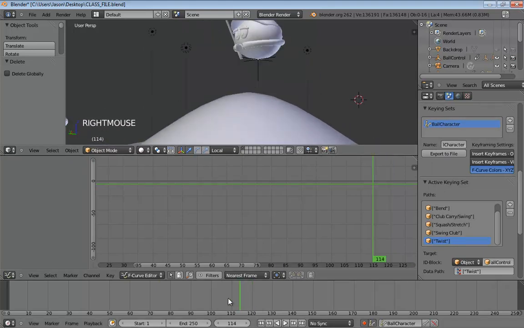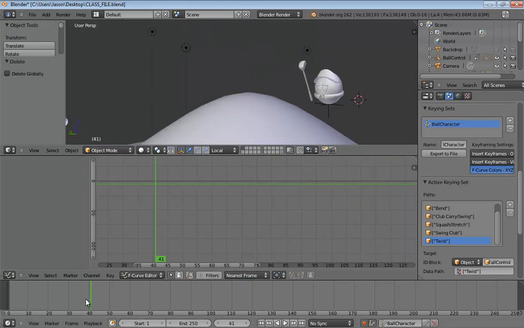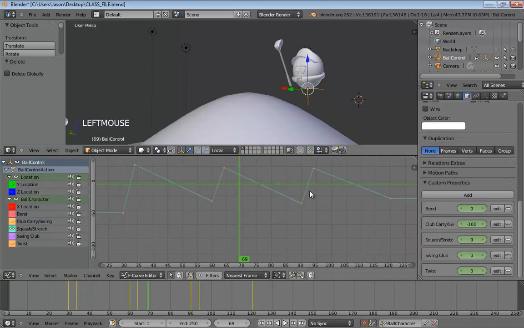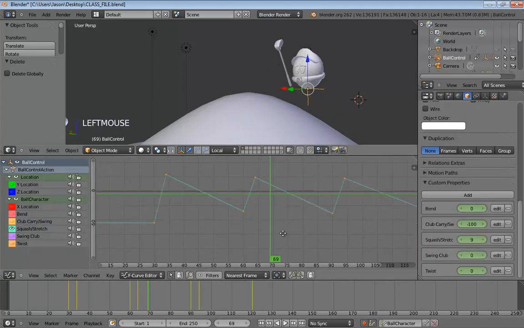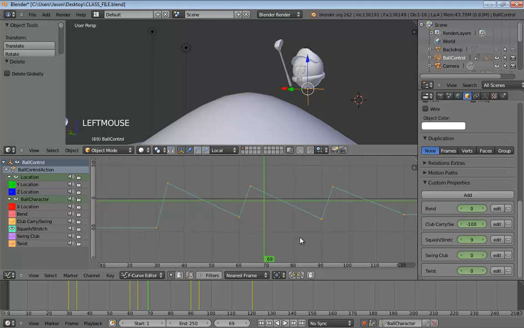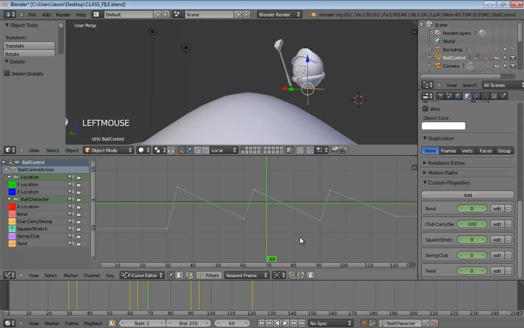All right, so now, if we scrub through, he is changing shape, but it looks really weird at the moment. Of course, part of that has to do with the fact that these keys are all linear, so you have this really straightforward kind of nasty relationship. What we want to see happen here is we want to kind of spring into a stretchy state, and then we're going to gradually start to shrink back down, and then only squash right as we impact the ground. So it's like he's going to get really elongated and slowly start to come back together, but then come back together and compress right as he touches the ground.